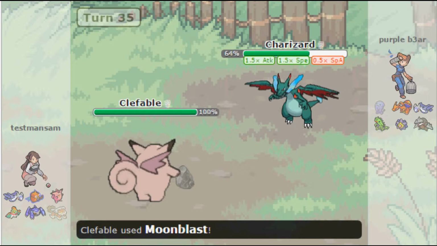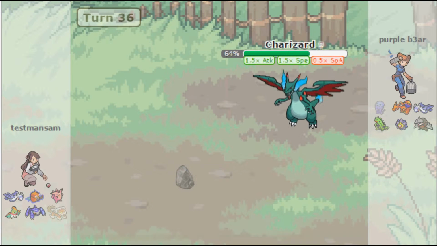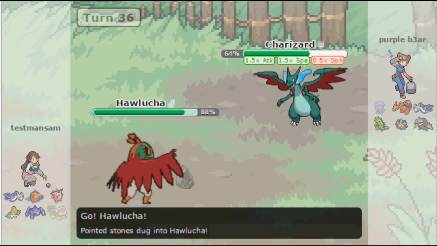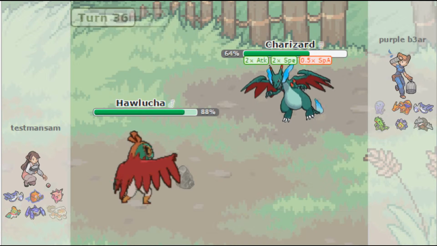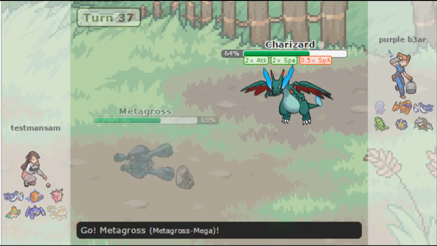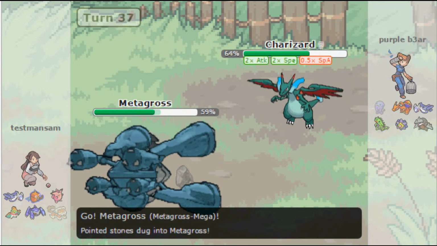I just want to get up to around enough HP where I can stomach 2 Moonblasts. Kind of dangerous for me because he could get a crit. I'm going to go to my Charizard now, and he's going to do a really smart thing. He's going to constantly bring in his Hawlucha, and he's going to try and weaken it to Stealth Rocks, and